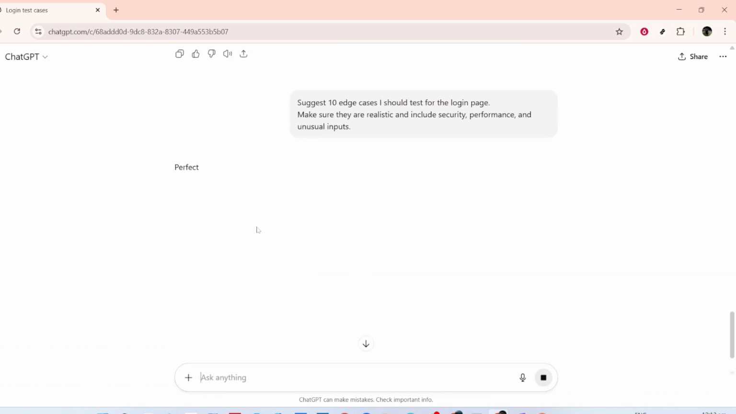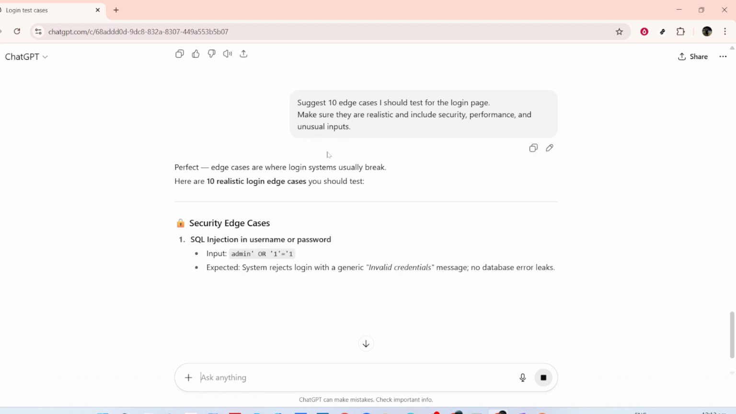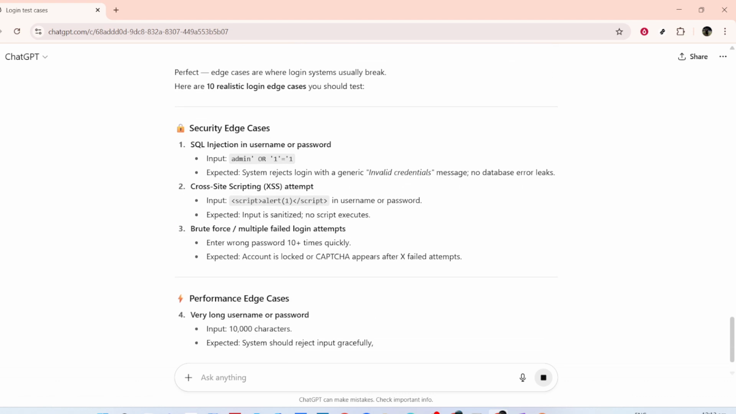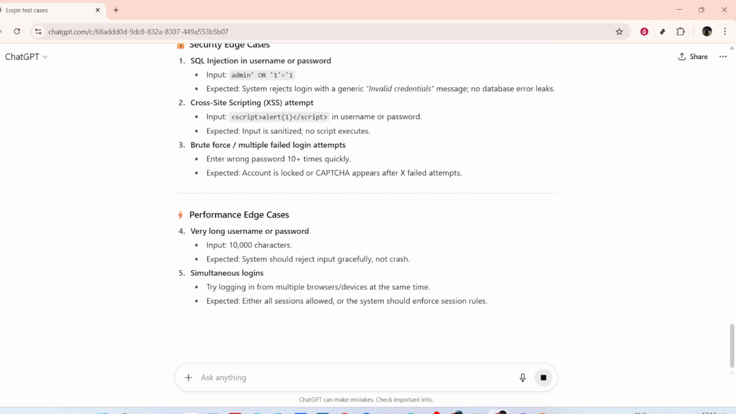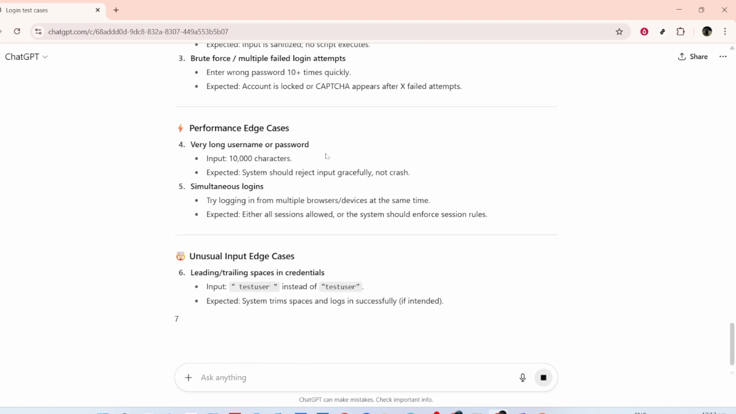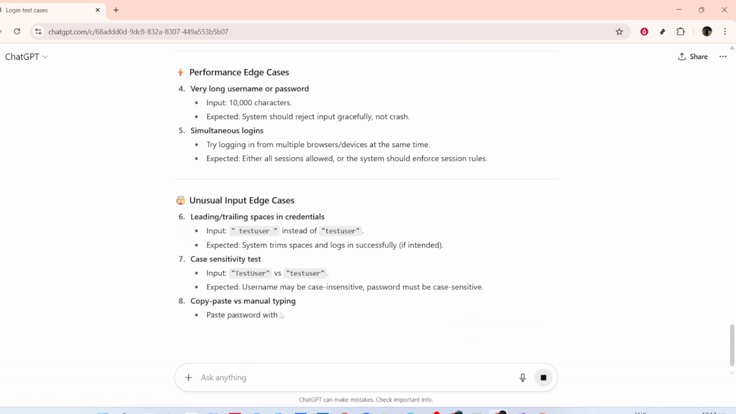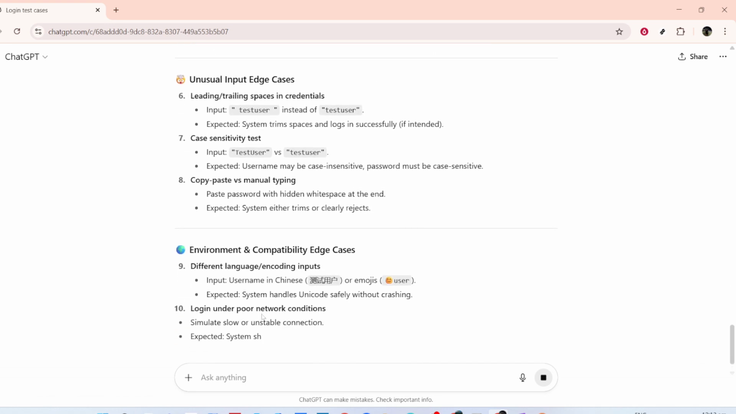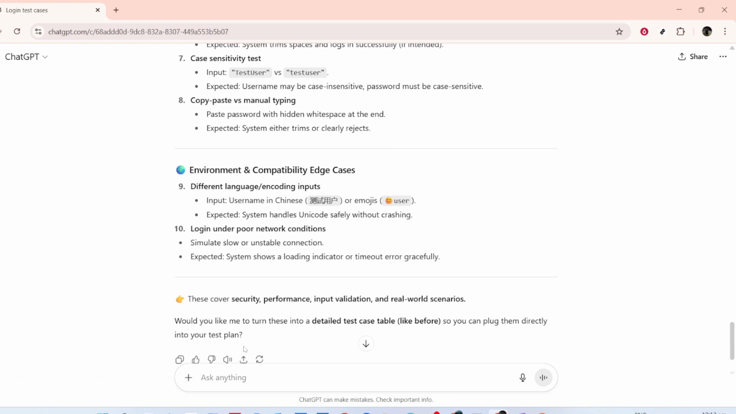Moving forward, it's critical to ask for edge cases that might impact the functionality of your login page. ChatGPT can help you brainstorm 10 realistic edge cases to test, which might cover things like security vulnerabilities, performance under stress, or handling unusual user inputs. Identifying these edge cases early can save a lot of trouble down the line and enhance the stability and reliability